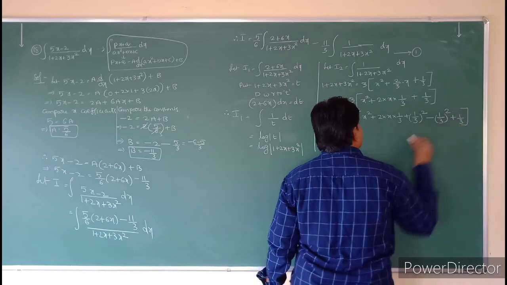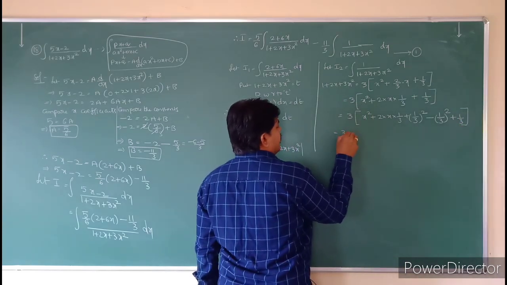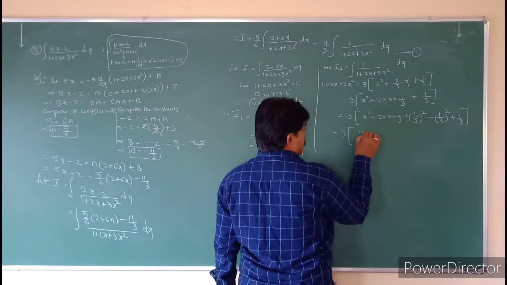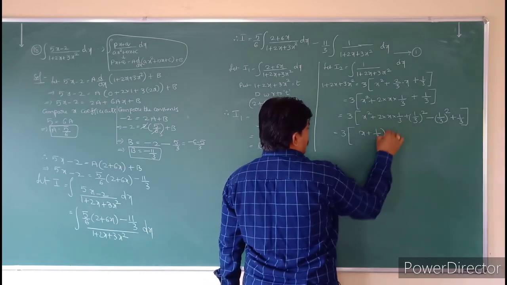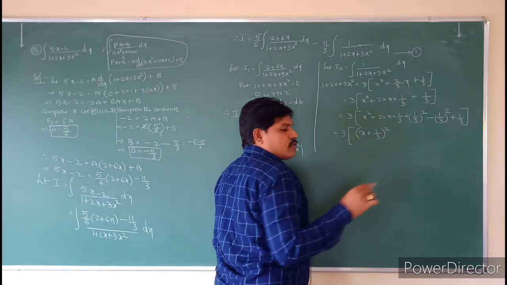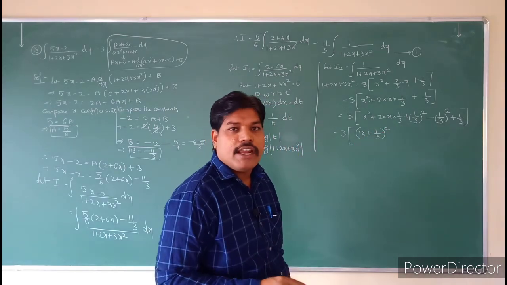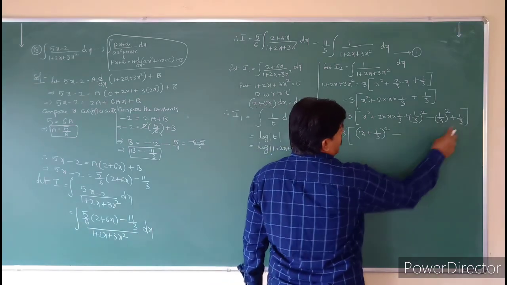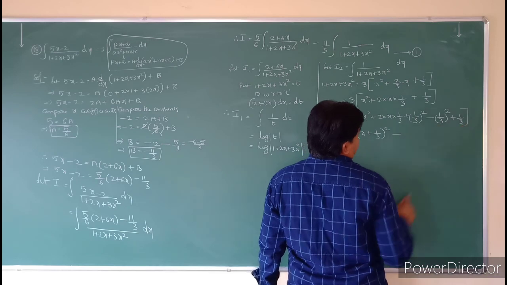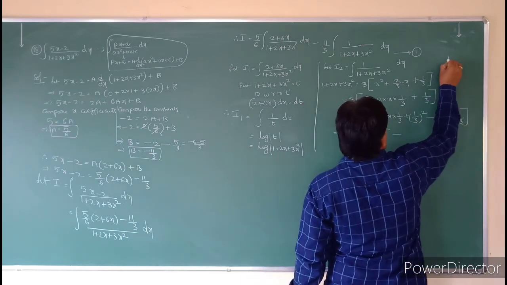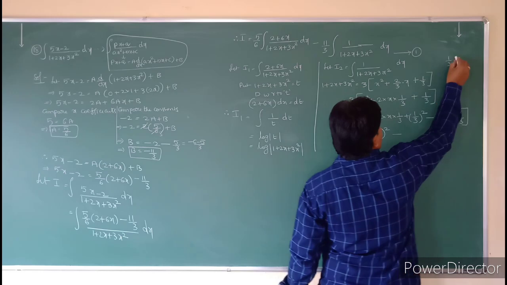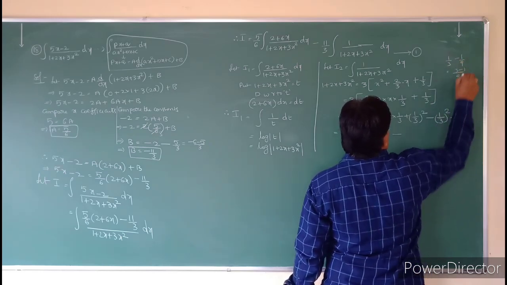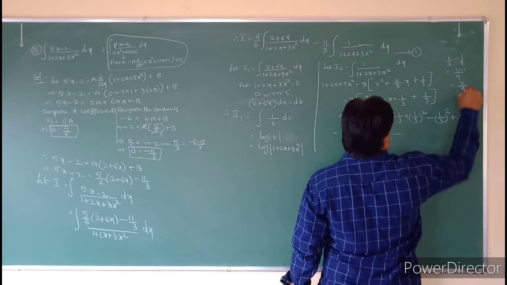So that is equal to 3 into, what are the first 3 terms? x plus 1 by 3 whole square. So x plus 1 by 3 whole square minus, what is this value? See that one? This is 1 by 3 minus 1 by 9. If you take the 9 LCM here, what will it become? 3 minus 1, that is nothing but 2 by 9.